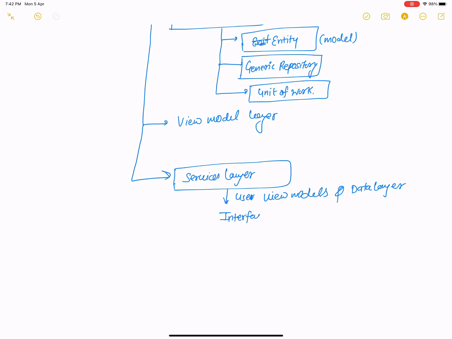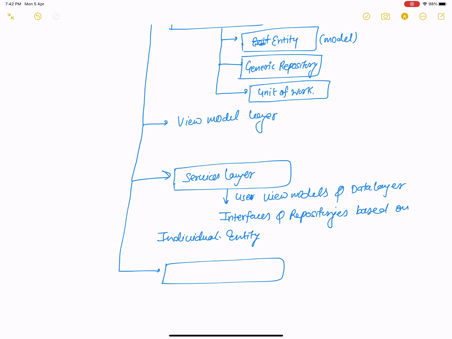The service layer actually uses the view models layer and the data layer, and in the service layer you can design interfaces and repositories based on the individual entities, also using the template, where in the template you define T, but in the service layer you define the model, like the product model, the student model, etc. So in the service layer, it uses the view model and data layer, with interfaces and repositories based on the individual entity.